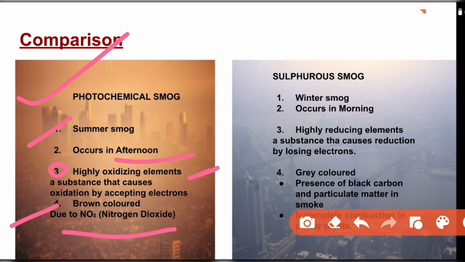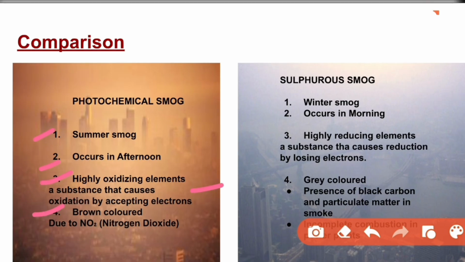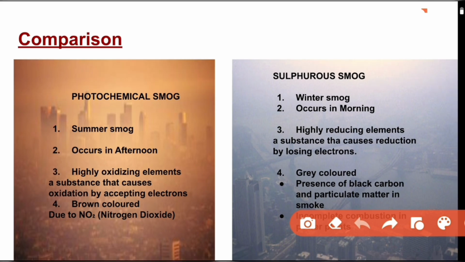That means the primary pollutants involved in photochemical smog can cause oxidation by accepting electrons. It is the definition of an oxidizing element. You don't need to remember the definition, you just need to remember that the primary pollutants of photochemical smog are actually oxidizing elements. Whereas sulfurous smog basically happens in winter mornings, and it appears gray colored because